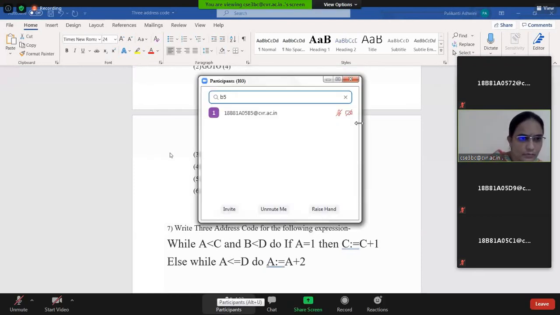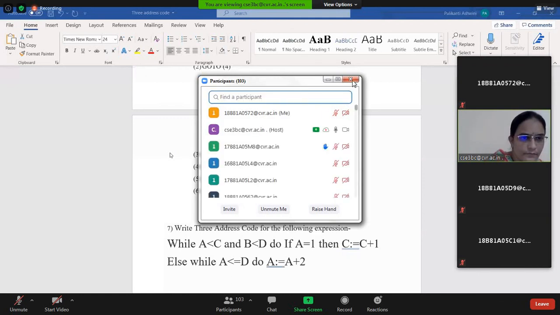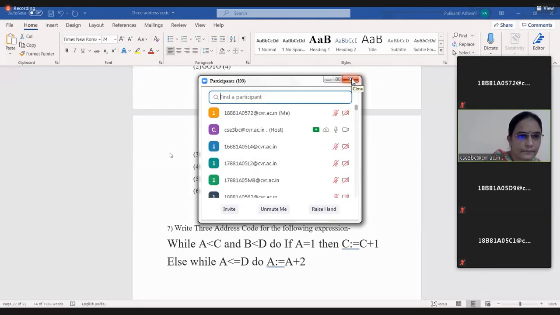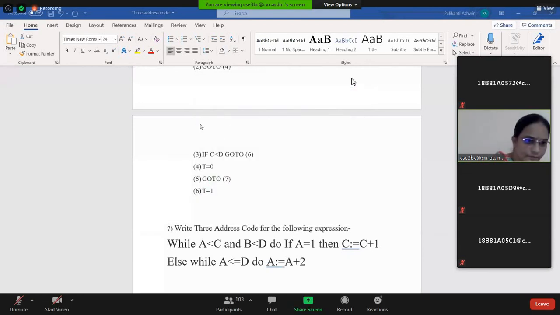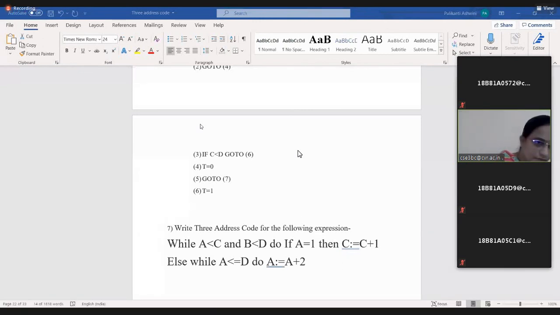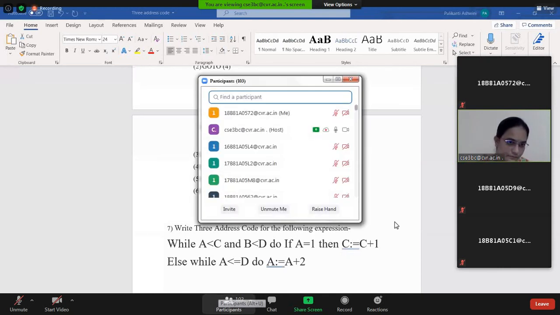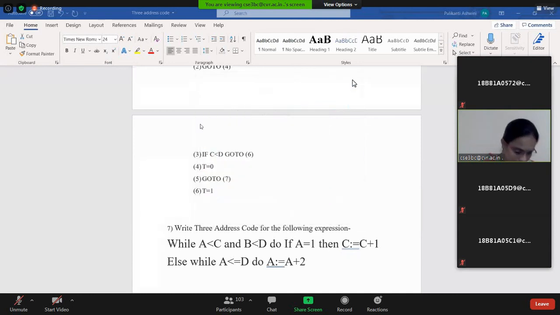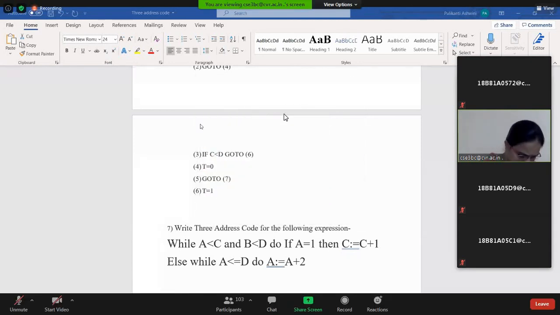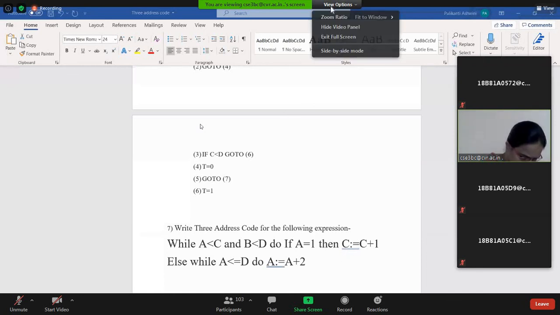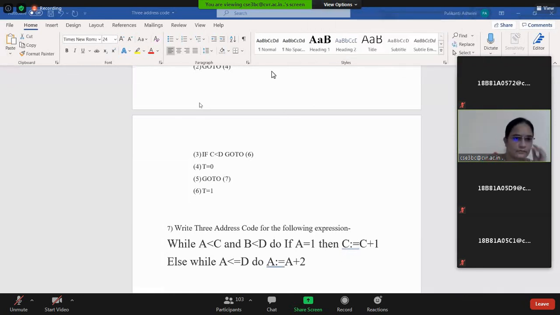I can get the numbers in order. Okay, so 16 series L4. Roll number